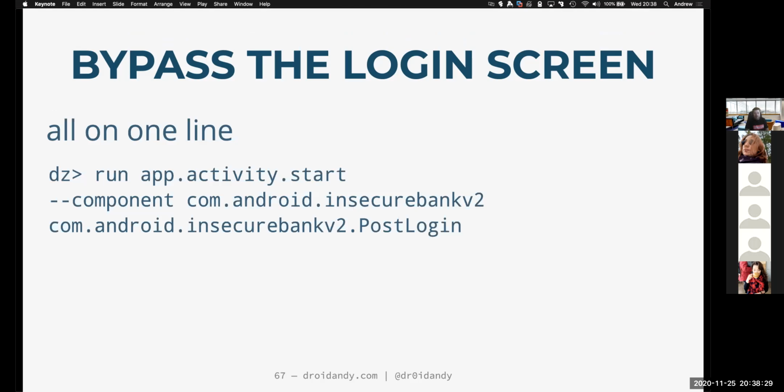And that's just one of the commands that we can run. It's quite a short one, kind of one hands-on activity this month, because I was conscious of the fact that a few people had problems getting started last month. So I just wanted to make sure we're all on the same page, and that we should now have been able to sideload the application, the drozer application, forward some ports, and bypass a login screen